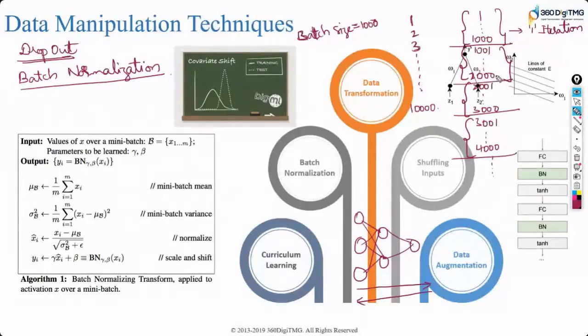Then you take the next set of 1,000 entries, pass it through your network, go forward, calculate the loss, come back and update the weights. That's called one iteration. This is called another iteration. So you completed two iterations in this way. After each iteration, that is after each batch,